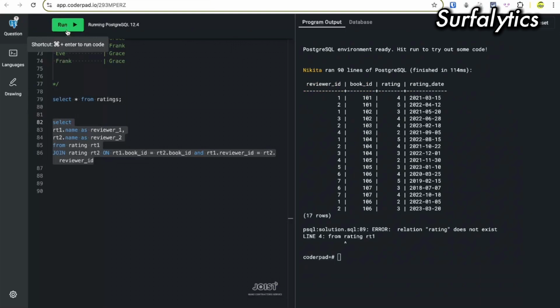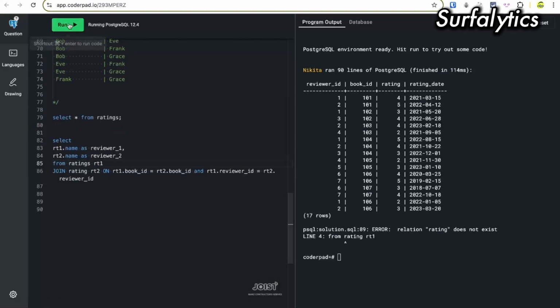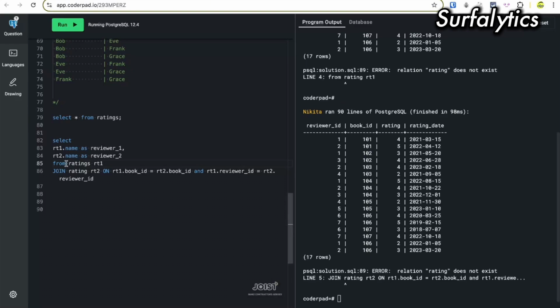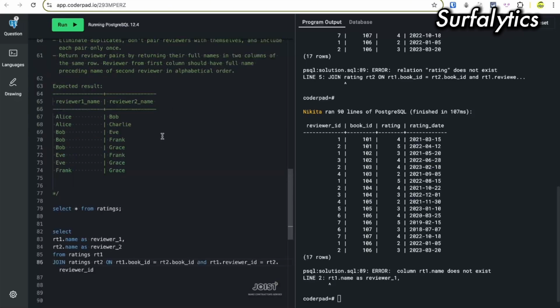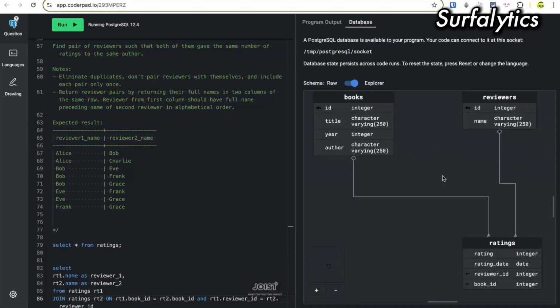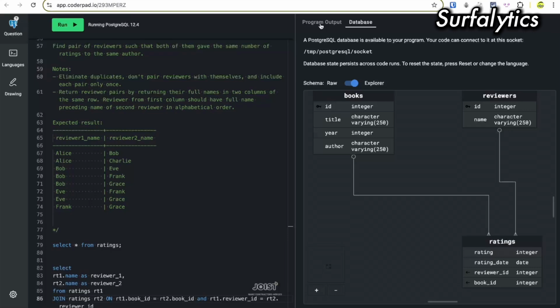So I can reviewer ID. I don't have a name here.